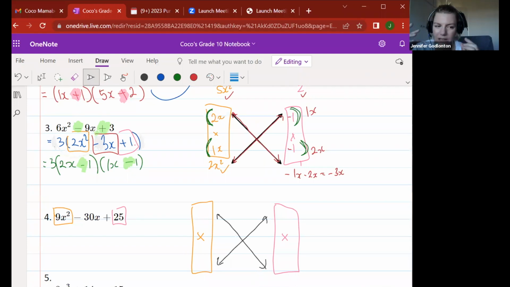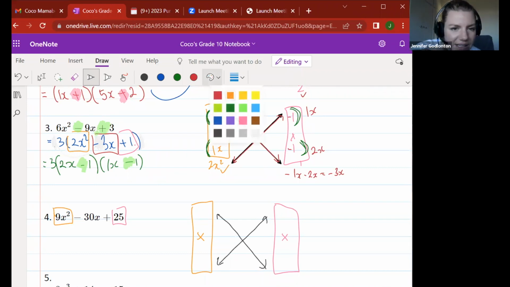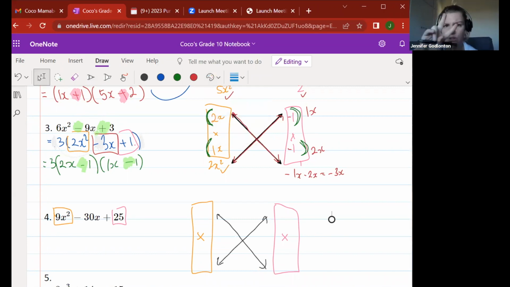So just think about what I could multiply to get those different things. Just to start us off, let's just chat in the beginning. I'm not going to do everything for you. I just want to talk. How can I get 9x squared? Like what times what could give me 9x squared? I've got 2 different options to get 9x squared. What are my 2